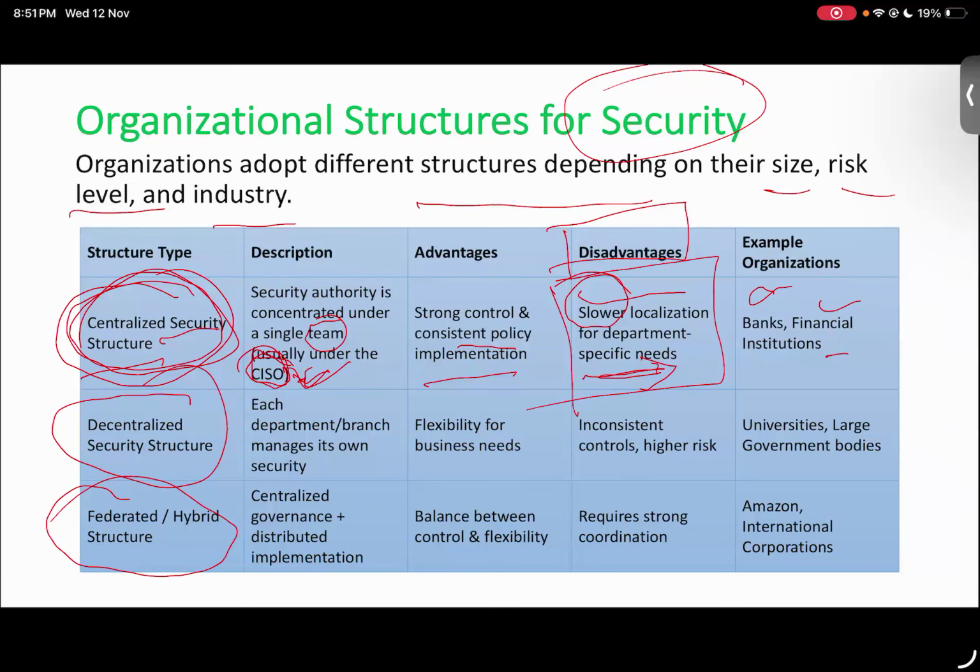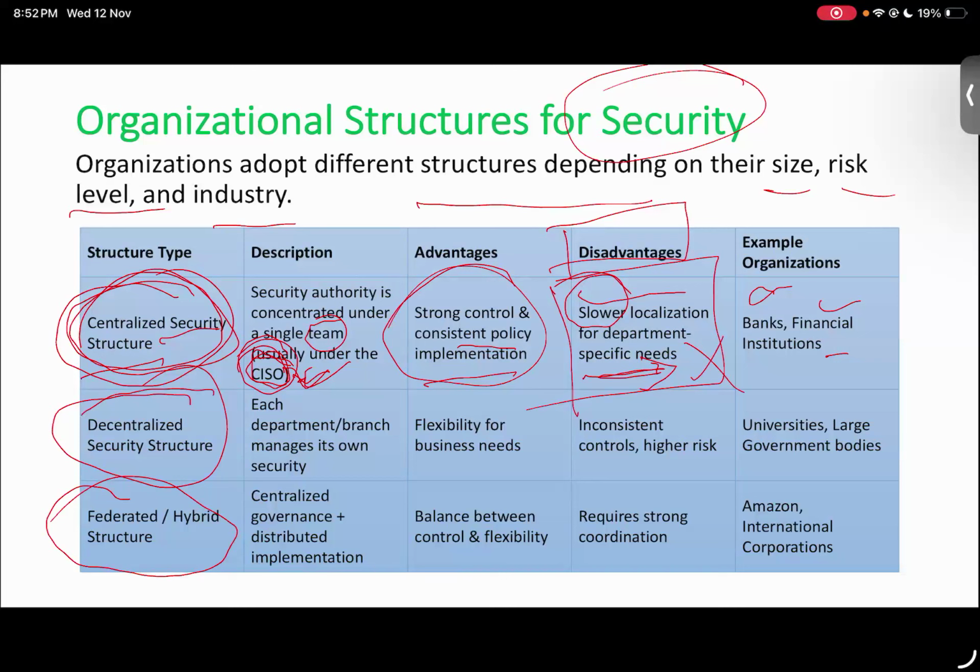Did you understand this one? How things work? So for example, in India we have the central government and we have state governments. Why state governments? So that everything can be quickly updated and quickly approved, so that things are not stopped or slowed. That's why every state has its own government. Here they have their own central area as the CISO, where there is strong control in the center, but in other departments it will be weak control.